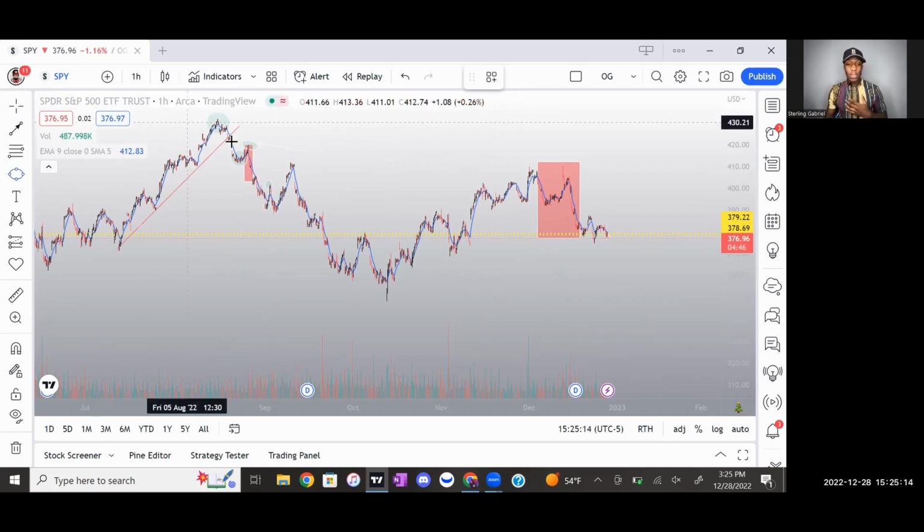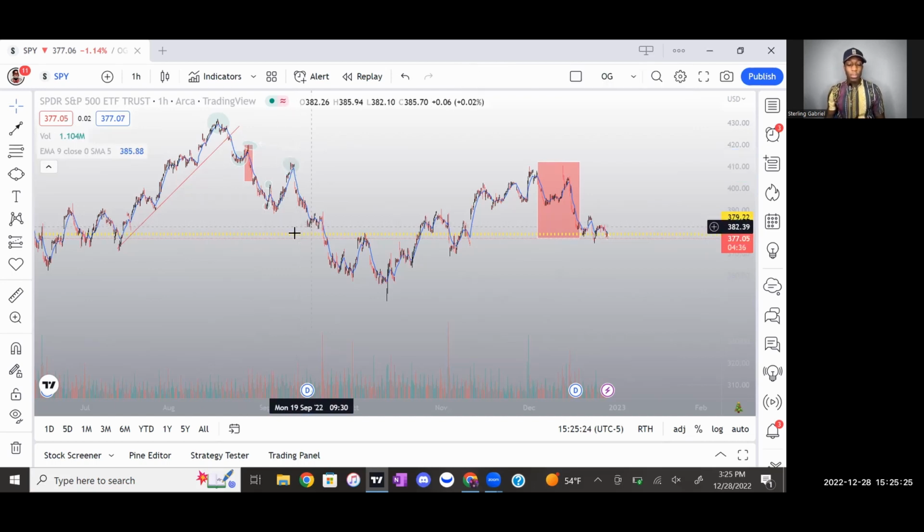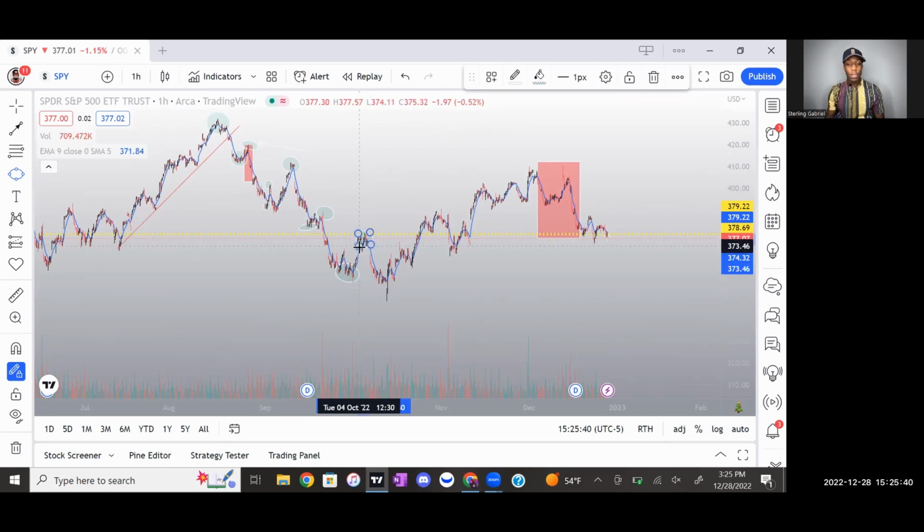Now back to trend analysis, right? We have this lower high in reference to this high right here, this lower high. Now next, you're actually going to have a lower low, right? We're actually going to have this lower low right here. Lower low, lower high, lower low, lower high, right here at resistance. This is the resistance level that we actually drew earlier. We're gonna have the lower low